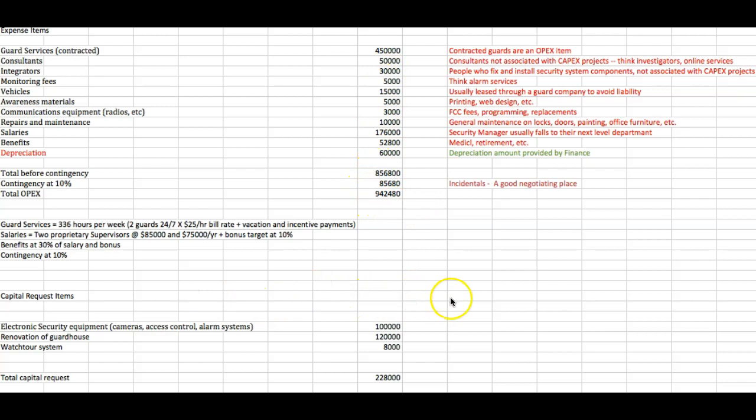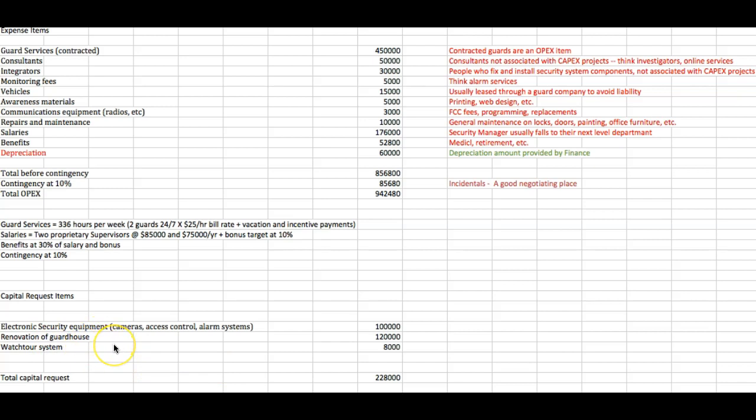Now, you also have to plan future capital. They're going to be adding some buildings to my property, and I need to add cameras, access control, alarm systems, and it's going to be $100,000. The guardhouse actually needs to be renovated. It's old. I had one, and frankly, some of these things are built almost like a trailer, and I had one where the base rusted out and was starting to fall over. And it was an expensive proposition. It was actually a lot more than that, almost double that. I put in $120,000 to renovate the guardhouse, right? To fix the brick that's falling out and the rusted metal around it and make it look presentable.